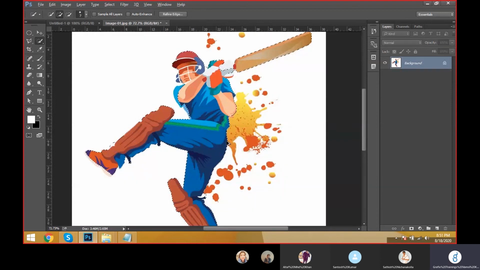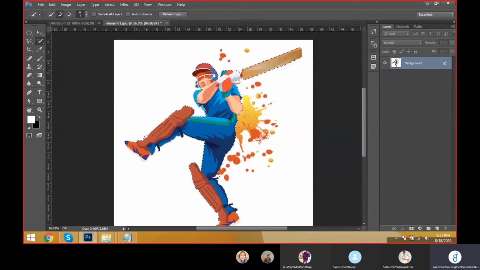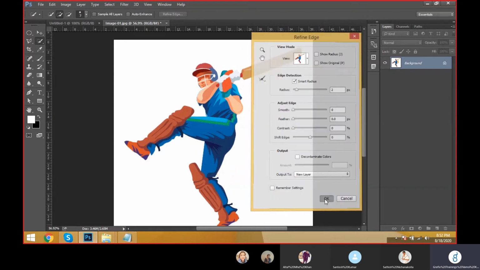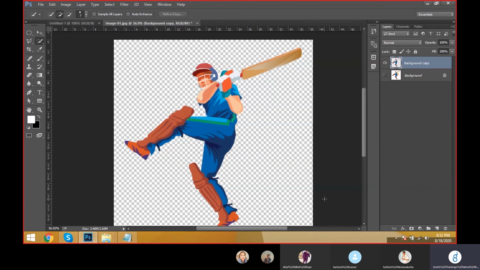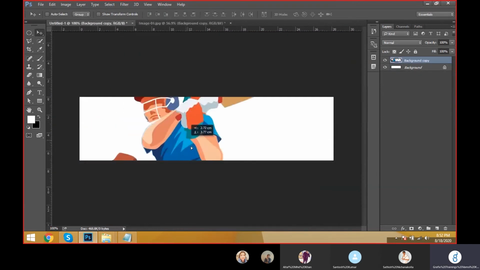Then come to here and go to the quick selection, Control Alt Z. Okay, come to here and you can select the selection here. Now go to refine edge and come to here for output and give the smart radius 2 pixels for the edge smoothness, and come to output, creating a new layer. Take a move tool and you can move it from one document to another document.